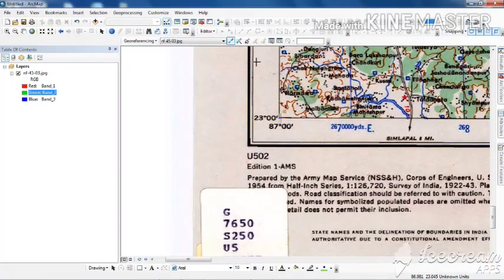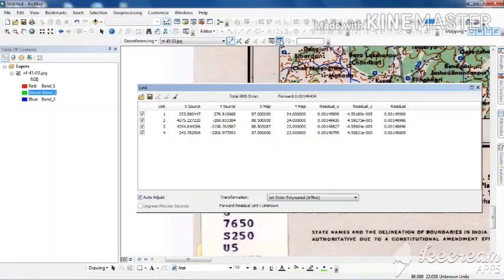Now the very first thing I will have to do is go to the view link table option within these georeferencing tools. I will just have a look, and these are the values. You can see the transformation that I have used is first order polynomial transformation, and I have clicked on auto adjust.